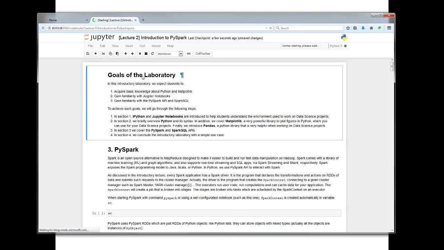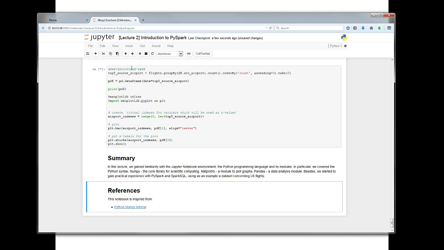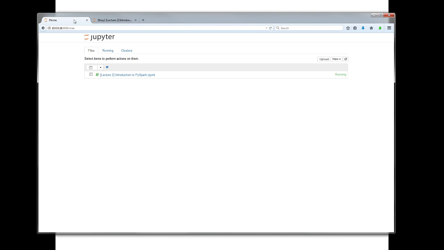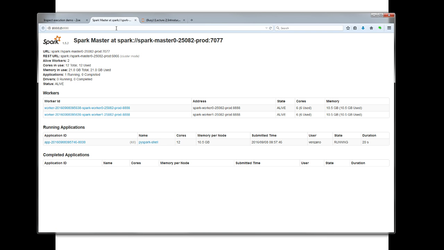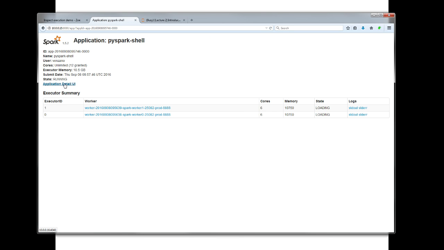To show you that this notebook is actually connected to the Spark cluster we just created, I am going to execute some code. So run all below. And if I now go on the Spark web interface through the Zoe page here, I can open the master, for example. And here we can see that we have two workers, and all the resources we assign to them are being used. If I open the application web UI from Spark,